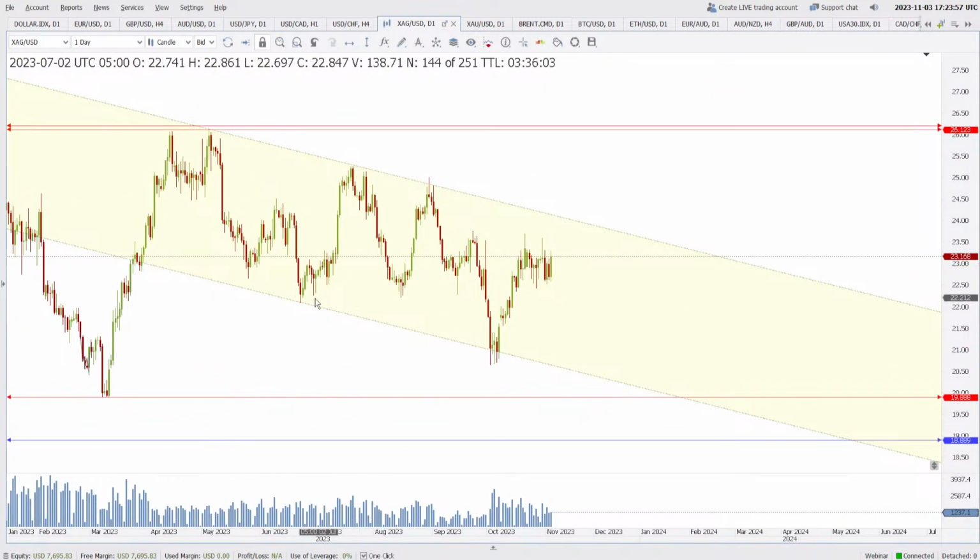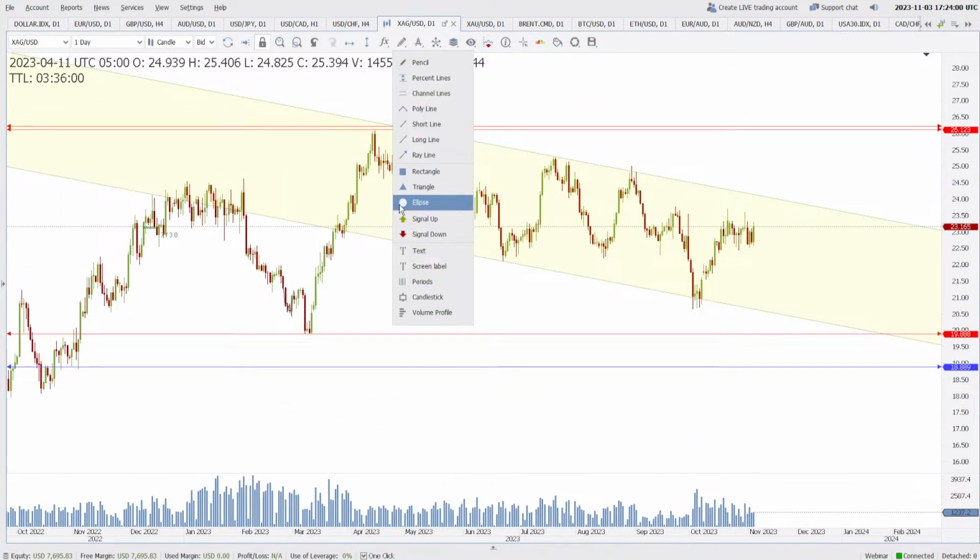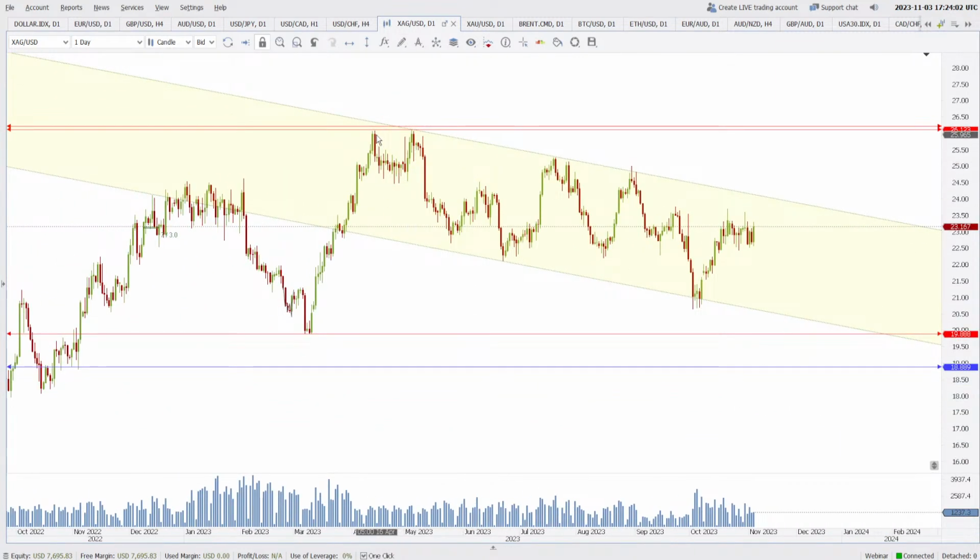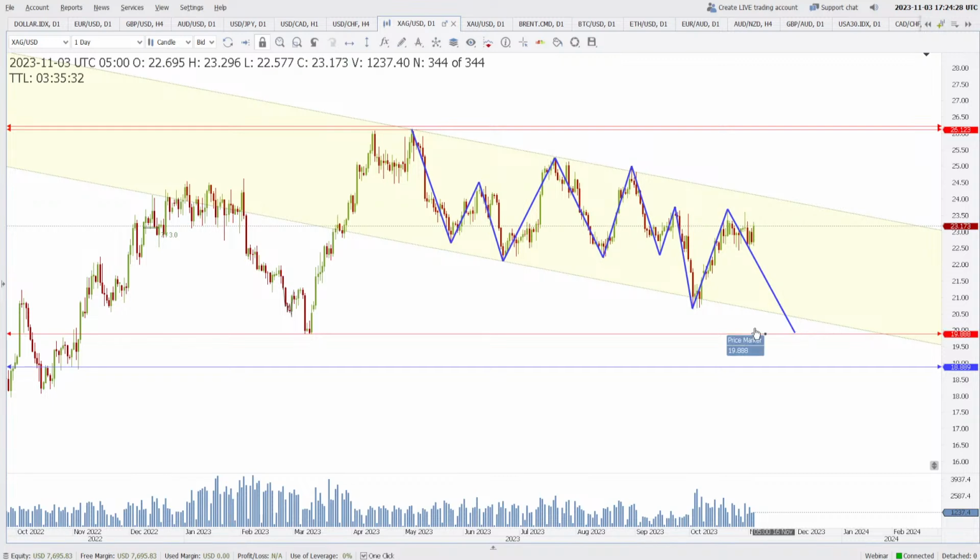Yeah, on the daily the price is in a channel. From here the price is making lower low, lower high, lower low, then it made a higher high, then it made a higher low, but then it made a lower high, then it made a higher low. So this is called consolidation. This phase is called consolidation, and then it broke lower. That means we were expecting a lower high. So are we expecting a lower low now? Yes, we are expecting a lower low.